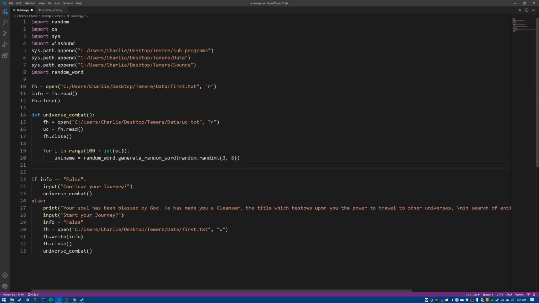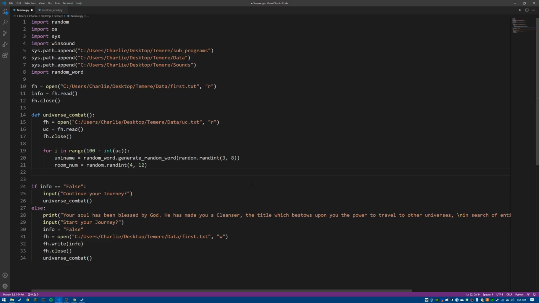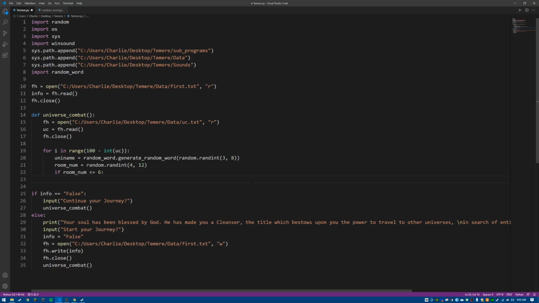Now I have to figure out how many rooms there are. I'm thinking rooms can be anywhere from 4 rooms to 12 rooms. So room num is equal to random.randint 4 through 12. Yeah, that's room number. And if room num is less than or equal to 6, then